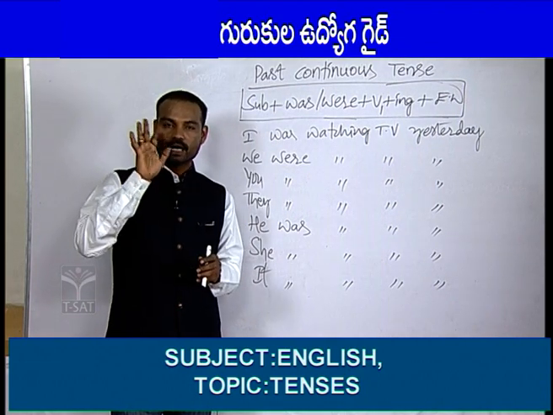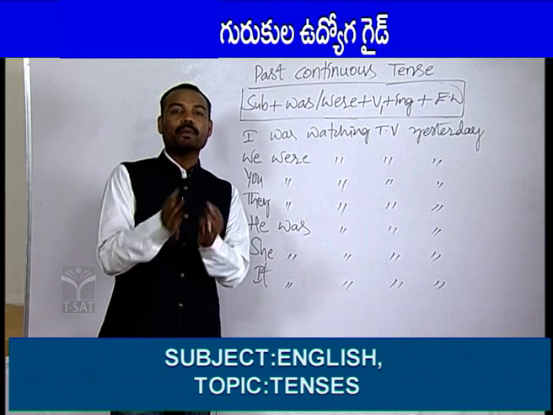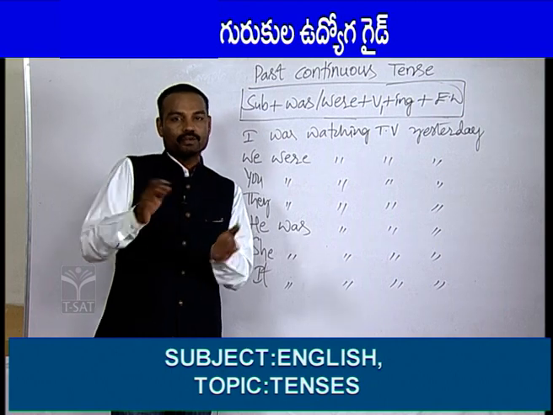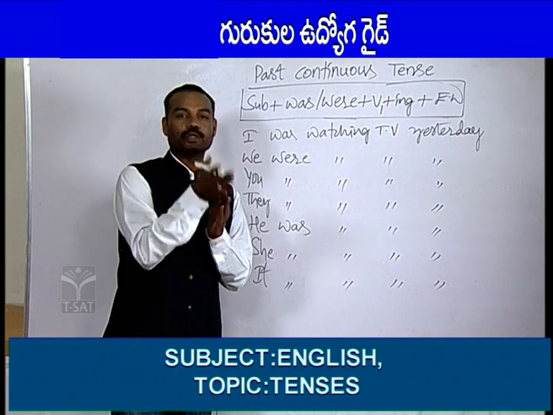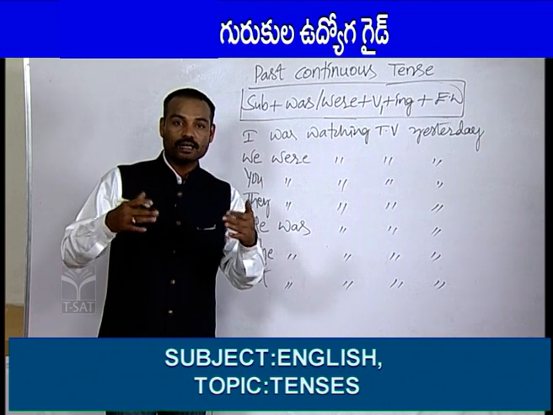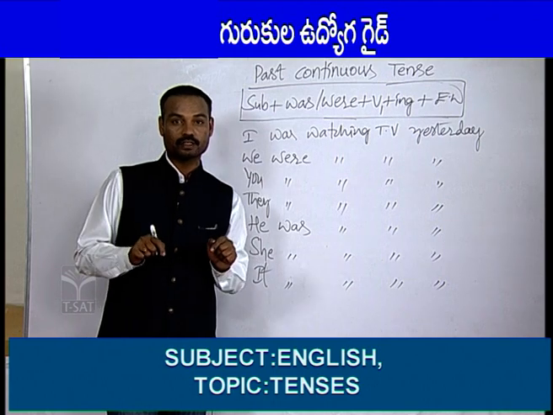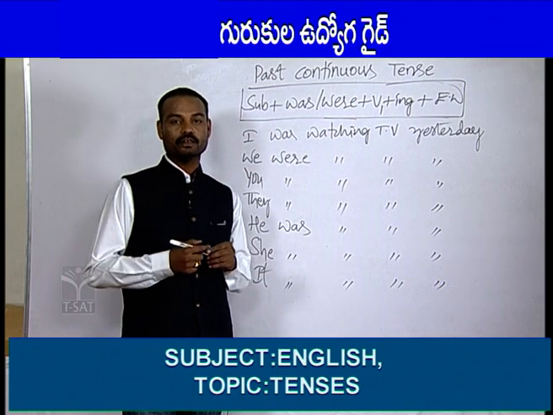Tense name is past continuous tense. It is used to tell our past continuous works, whatever we were doing yesterday or last week or last month or last year. Sometimes our friends will ask us, what were you doing at this time yesterday? To answer their questions, you must use this tense. For example,